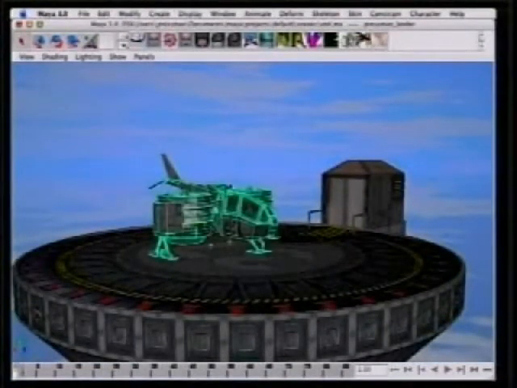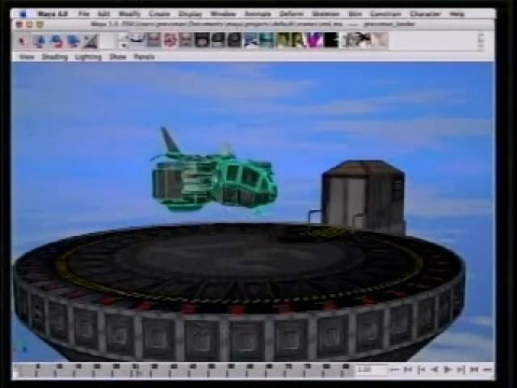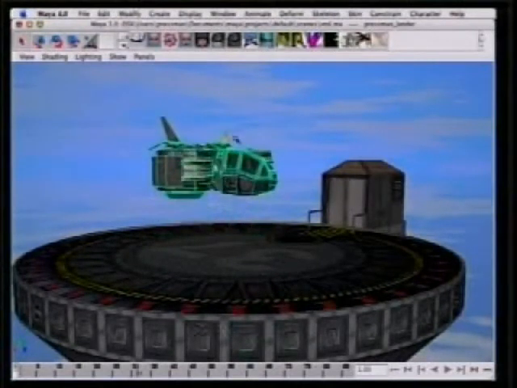So I can just simply select the ship, and then bringing up a manipulator, just start to set some keyframes. So I'll say at the first point in time, I want to set a keyframe, I'll move forward, and now we can just simply raise the ship up off the platform. Notice the landing gears retract automatically there. You can raise that up, and we can just rotate that around as well,